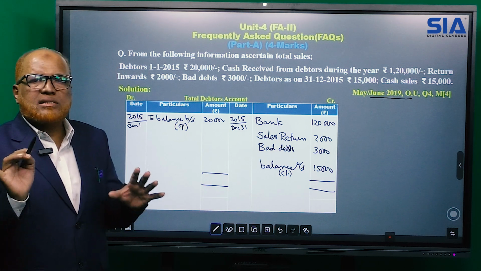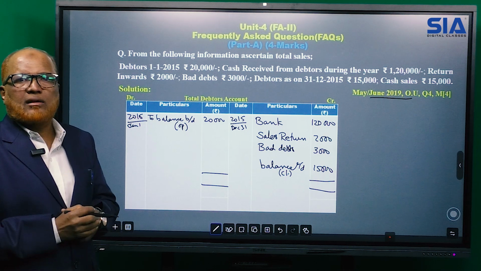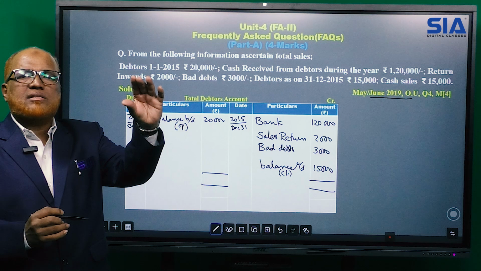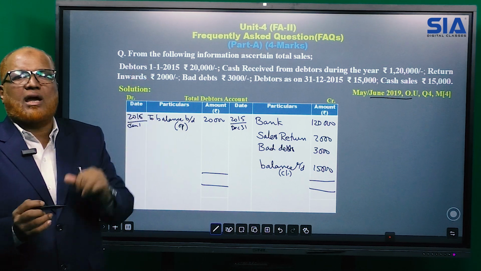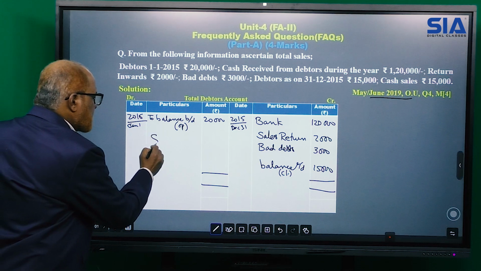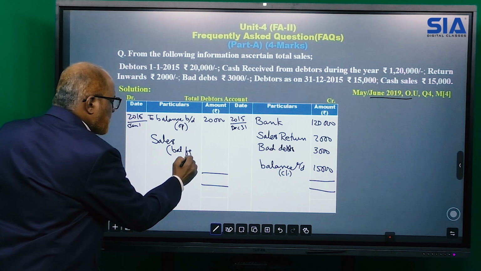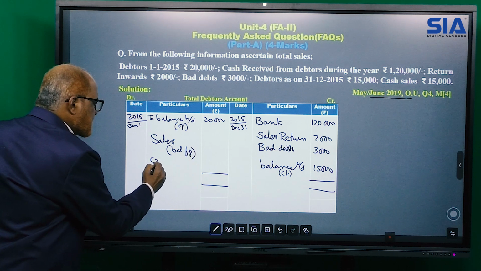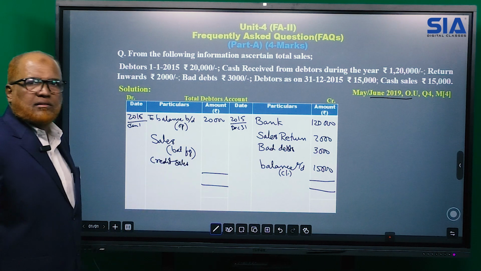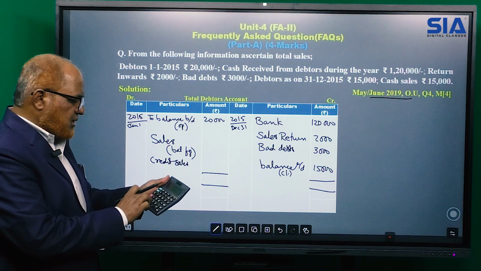Now, the balancing figure is the sales. We have to find out the sales only. Credit sales. So what is the entry for credit sales? Debtors account debit, sales account credit. So debtors account is debited. So here I am taking sales. This is the balancing figure, or we can say these are the credit sales, because in the debtors account we calculate credit sales. It's the balancing figure. So simply take the total, that is 1,20,000